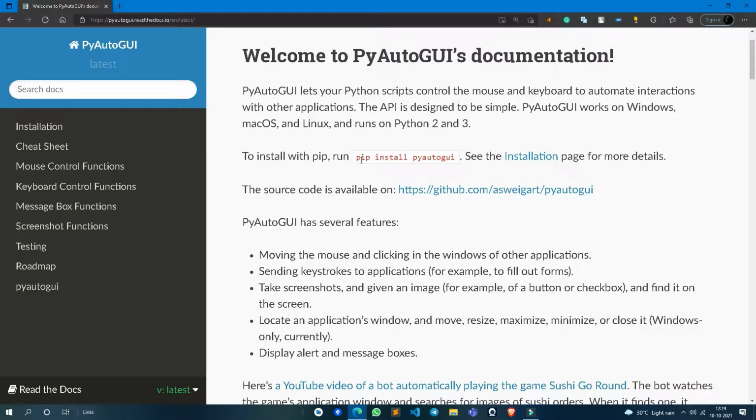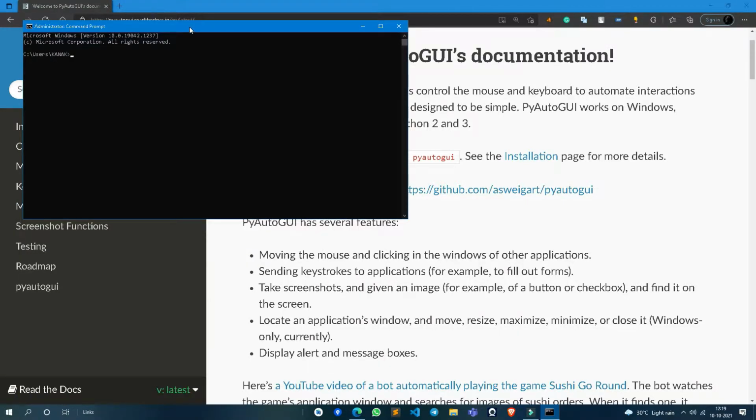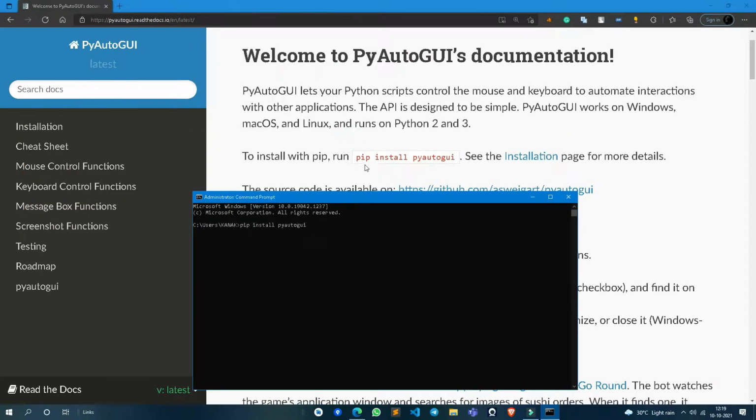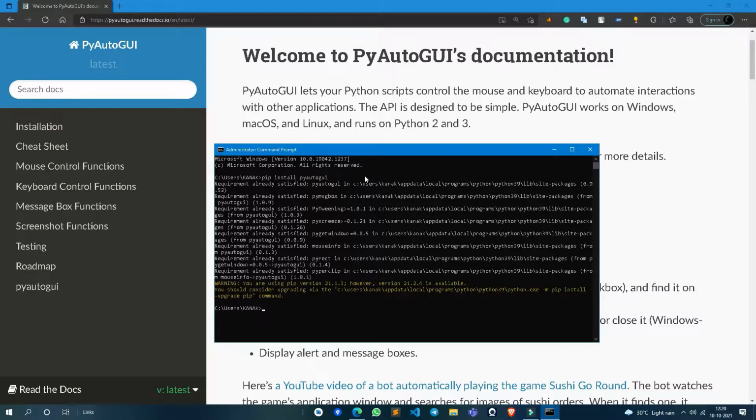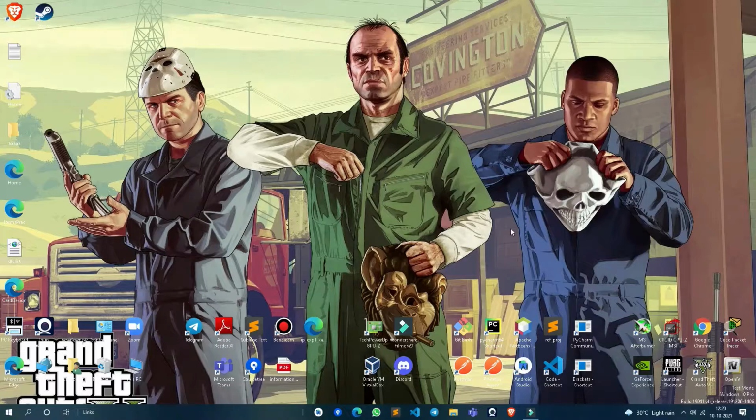Go to your command prompt, paste that command here and hit enter. Okay, requirement already satisfied because I have already installed this. Do this, pip install PyAutoGUI, then close the command prompt, close the browser, then go to your code editor.